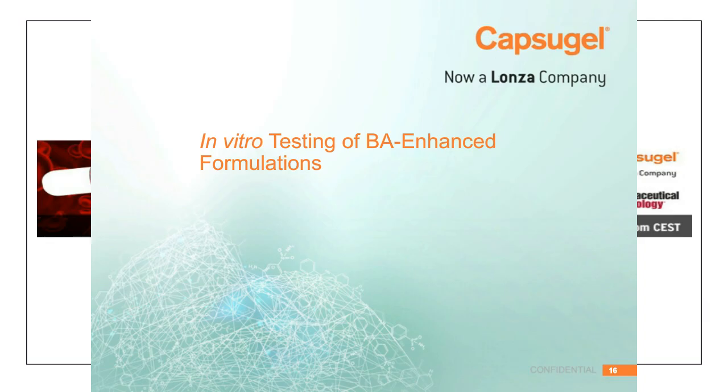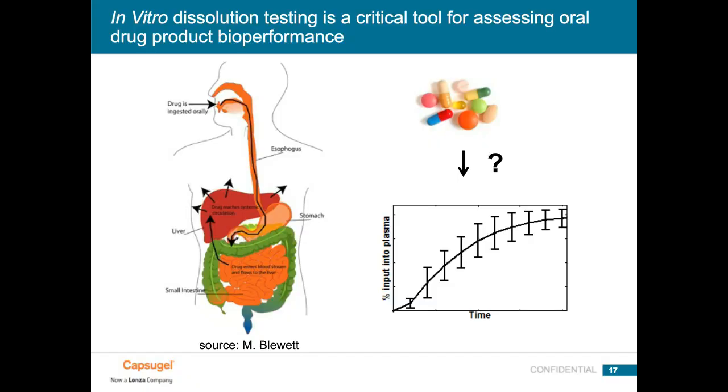So when we're thinking about in vitro dissolution testing and in vitro testing in general, one of the big questions that we have is how the properties of our drug product are going to impact the plasma concentration that we observe in the clinic. And of course, there's a lot of complex physicochemical processes, including absorption, disintegration of a drug product, as well as dissolution in the stomach and in the intestine, issues of pH, solubilization, and then permeability and metabolism.